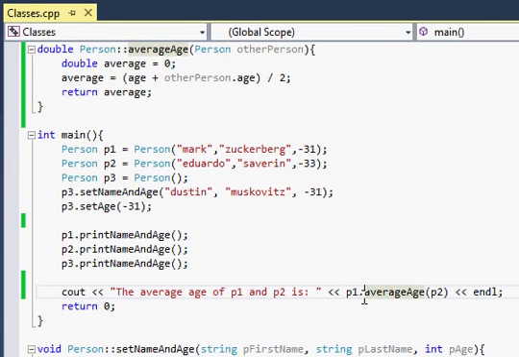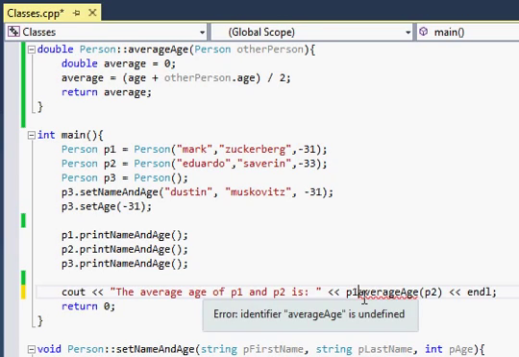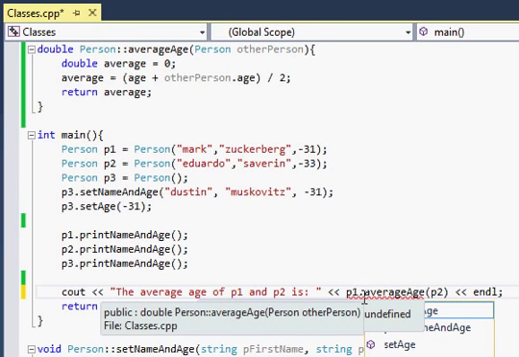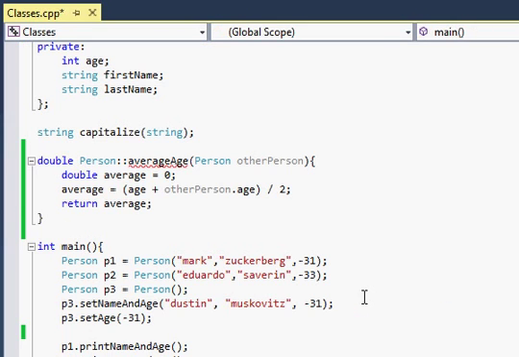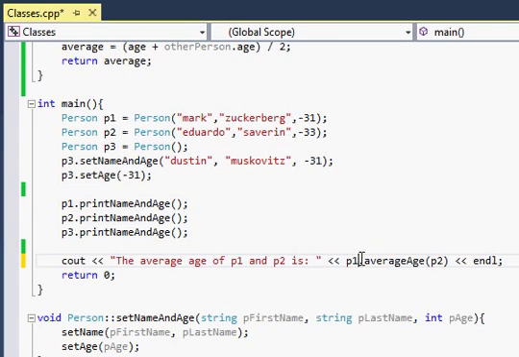It might make more sense to call this function the average age of person 1 and person 2, instead of calling the member function of P1, their age averaged with another person. It's all a matter of how you want to think of things, and you'll see examples in the homework as the class goes on of seeing it different ways. But let's say that we wanted to call this and provide 2 arguments, P1 and P2,